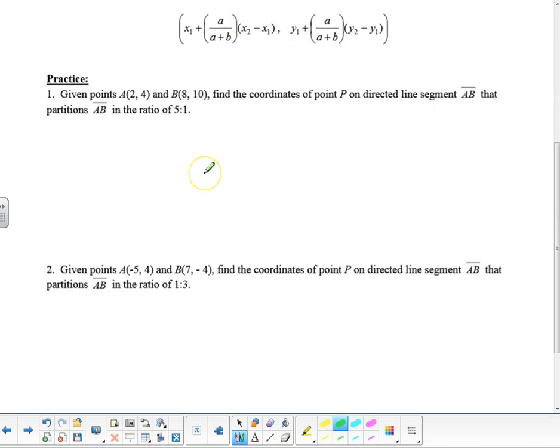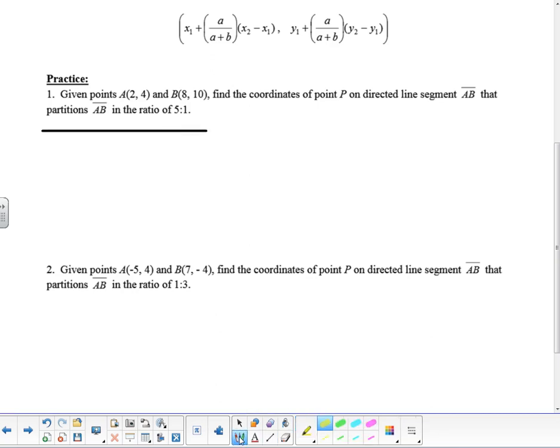Let's do some practice here. Okay, 2 examples. All right, the first one. Given points A are 2, 4, and B is 8, 10. Now we could draw this on a coordinate plane, but I'm just going to draw it out here on a